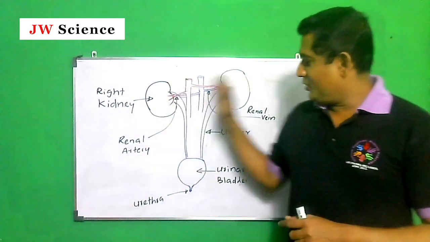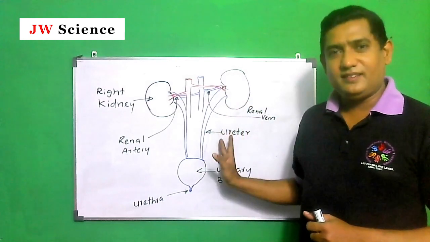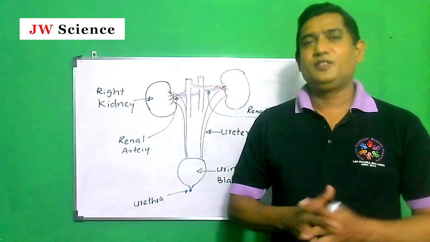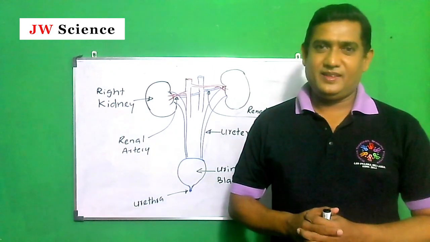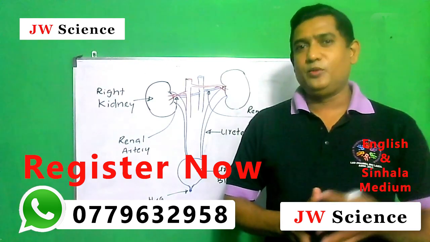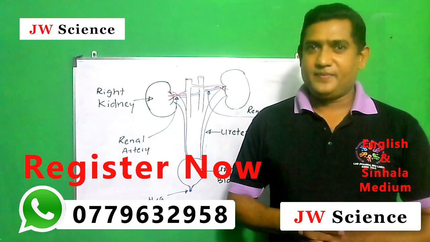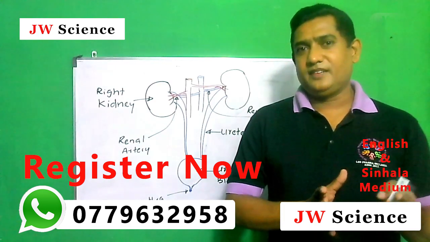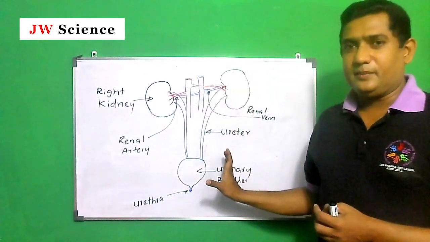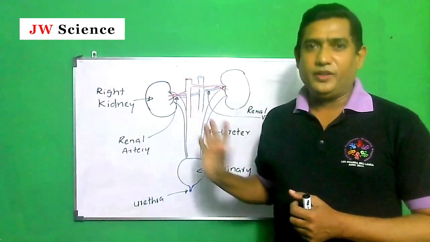You can see here a basic diagram of the human urinary system. This human urinary system is designed to remove nitrogenous waste products from your bloodstream. When you break down protein molecules in your liver, you get nitrogenous waste products. These need to be removed from your body immediately, and your urinary system is capable of removing them.